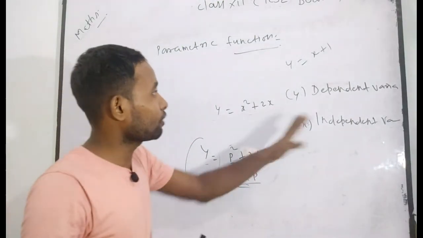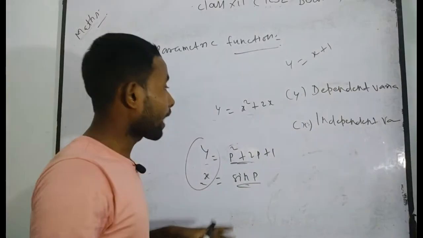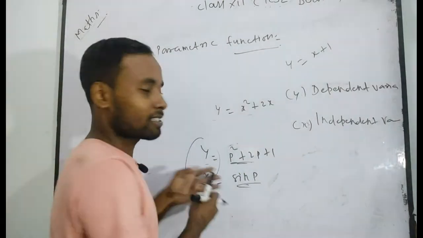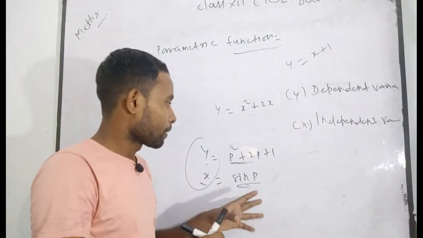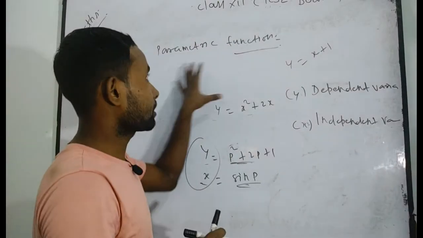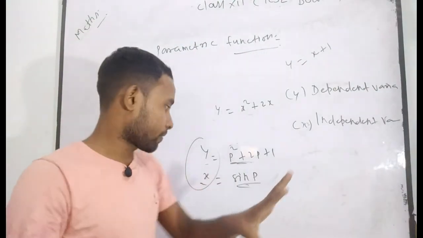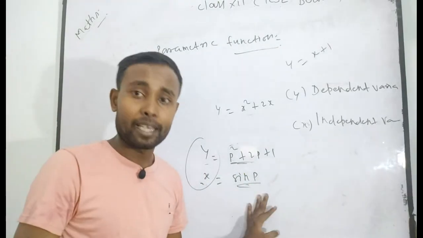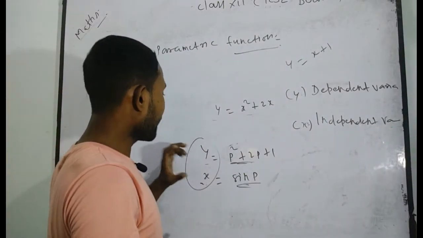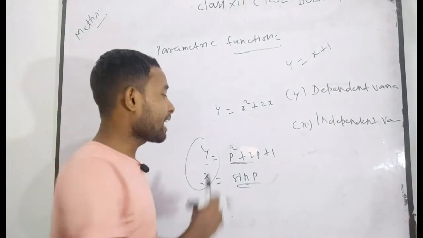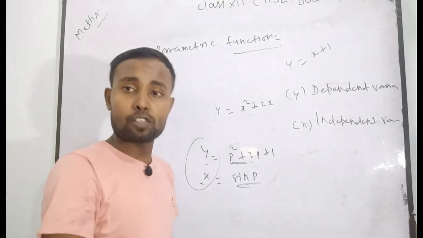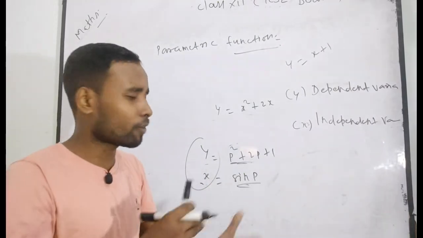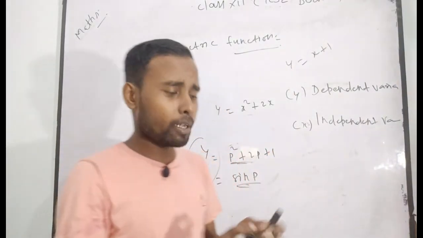I have not looked properly at your question which is present in 8b, so I think this is relevant to parametric function. Only when I see two variables given and expressed in another form do I say this. Now see here, y is equal to p square plus 2p plus 1, x is equal to sin p. In that case this is a parametric function, and for solving this problem I will suggest different methods. After 4 or 5 classes I will discuss it in great detail, so don't worry about it.